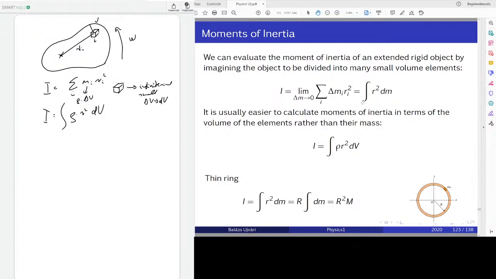Let's look at this example with the thin ring. In some cases, for example when the radius of the ring is much larger than this distance d, you can simplify it, because the small parts of this body are all at the same distance from the rotation axis, just r. That means,